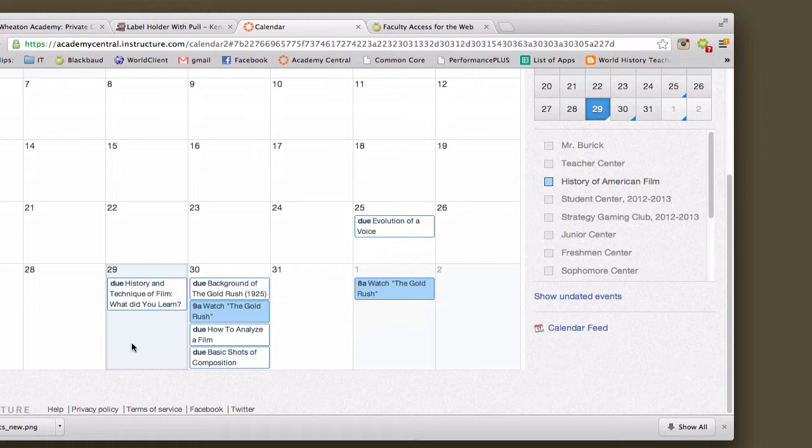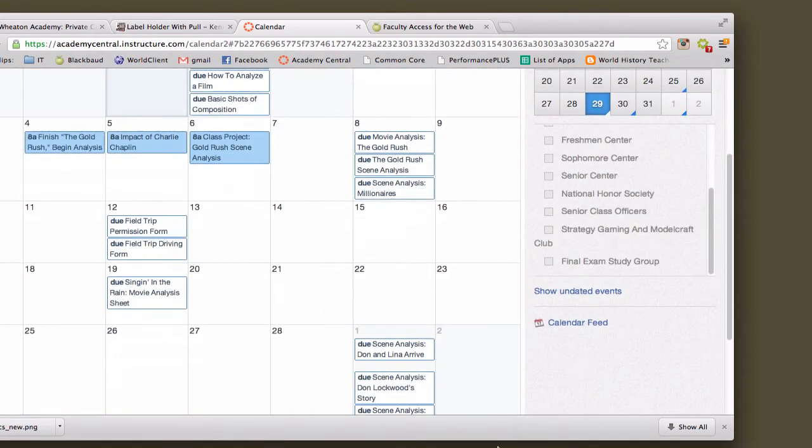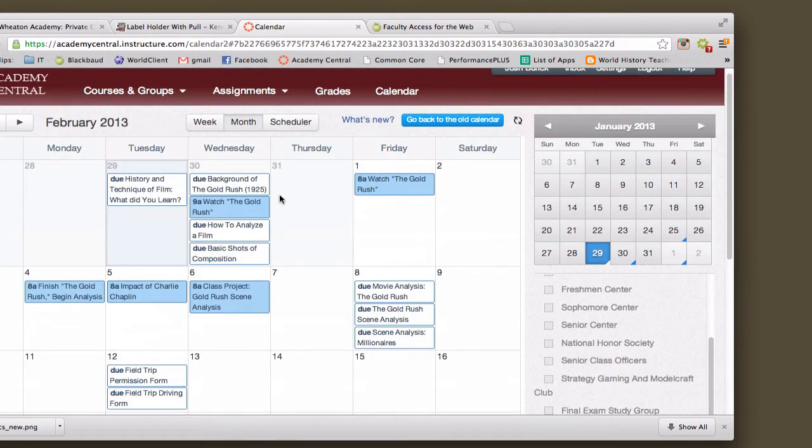We're going to continue to watch the Gold Rush on Friday, and then that'll take us into next week, where, if we have to finish up Monday, we will. Sorry, this is weird. Where'd my mouse go? There it is. And then we'll do an analysis project where you'll do some group work. And then we'll also watch some other Chaplin clips and talk about his impact on America and American history and American culture as well. So that's the schedule. Any questions on that?